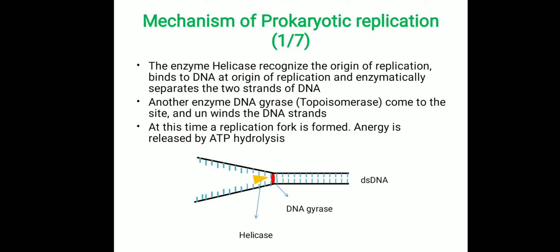So the helicase will make the double-stranded DNA into two single-stranded DNAs. It acts like a zipper, and the enzyme gyrase is present just above the helicase. The friction force produced due to unwinding of the two single-strand DNAs is removed by the enzyme gyrase here. So these two enzymes play a major role in step 1.